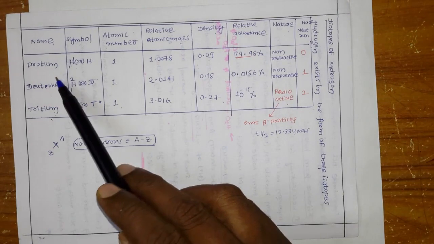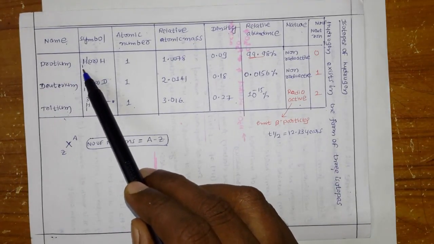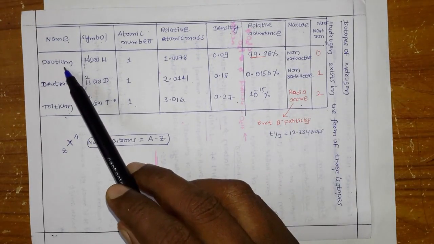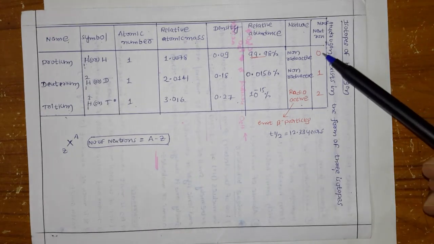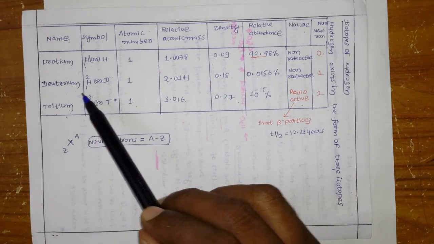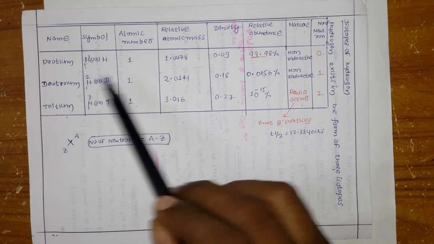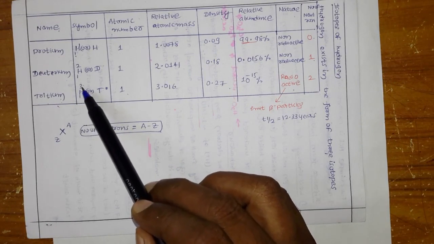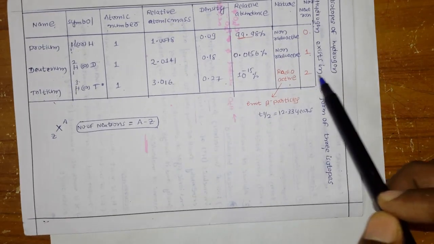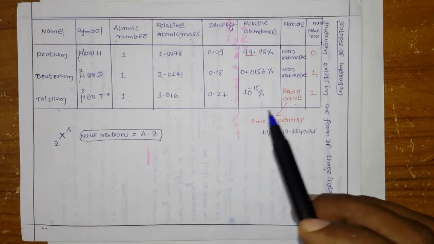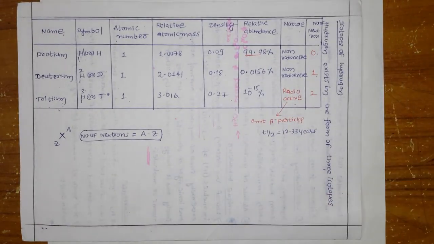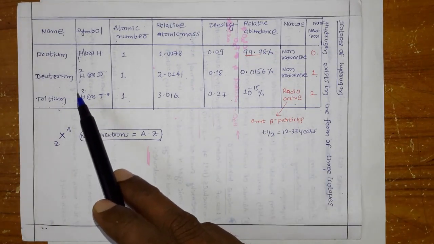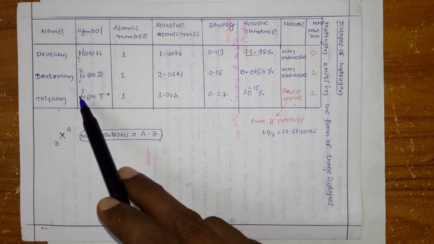Now come to the number of neutrons. How many neutrons can be present here? Generally hydrogen contains one proton. In protium, it contains only one proton and 0 neutrons. Deuterium contains one proton, and the extra one is the neutron. And tritium has one proton and the remaining 2, that means 3 minus 1, are 2 neutrons. In a nucleus there are only protons and neutrons, so the remaining mass is the 2 neutrons.